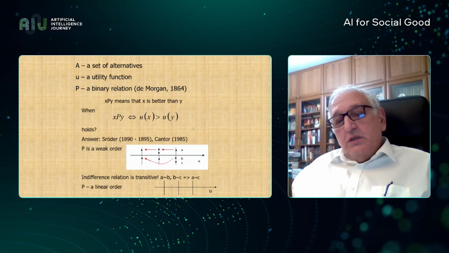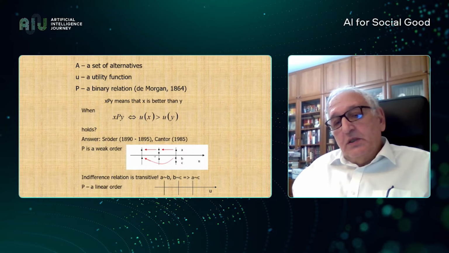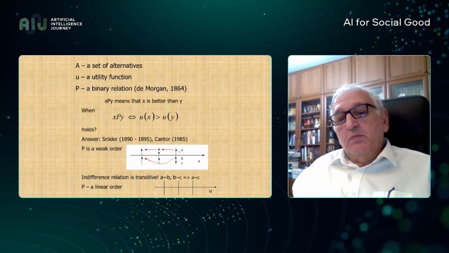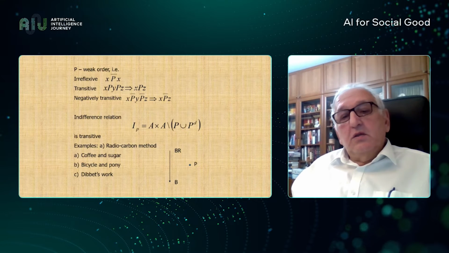In fact, the very basis of this approach was that we can separate objects into classes. Inside classes, they're indifferent, and there are preferences among classes from the highest class to the lowest class, but these are mathematical properties of this relation. But Henri Poincaré and